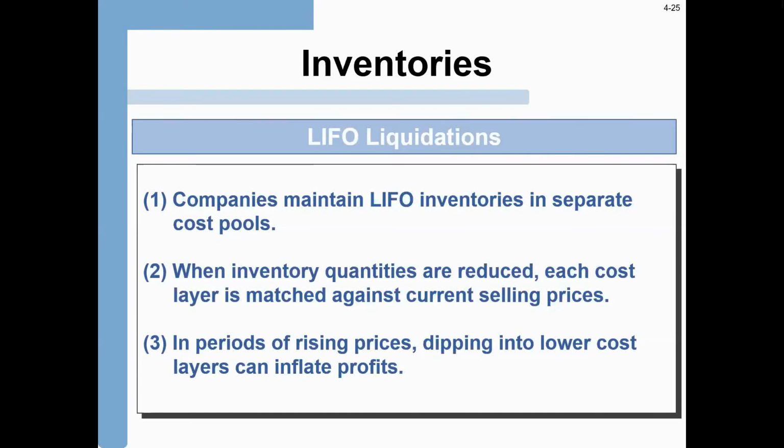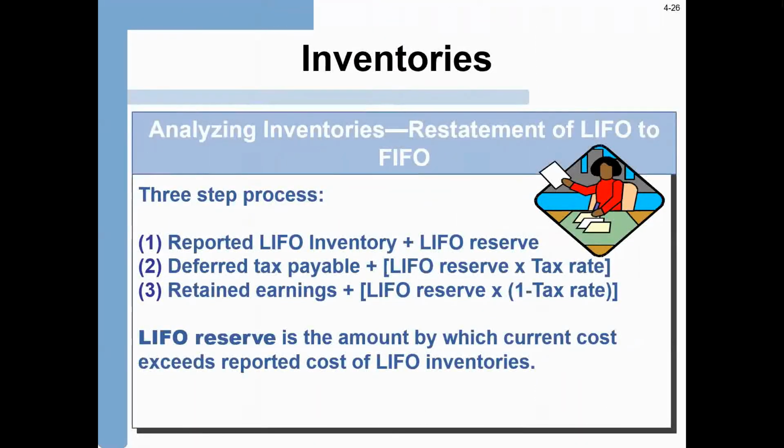For FIFO inventory costing, this does not present a significant problem, as ending inventories are reported at the most recently acquired costs, and earlier cost layers do not differ significantly from the current cost layers. I am not going to put too much emphasis on LIFO liquidation, because the LIFO method is basically abolished by International Financial Reporting Standards and is not used in IFRS. So that's why we are not going to use this method.